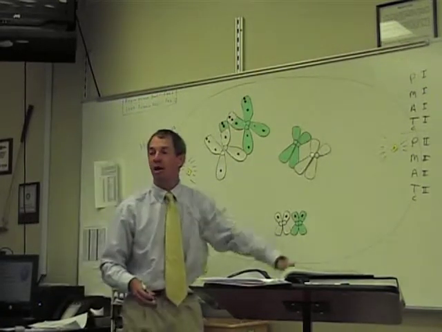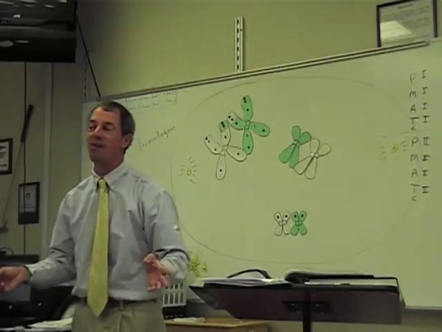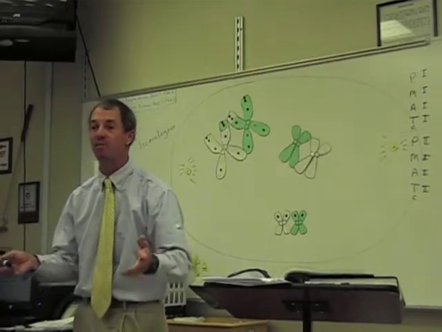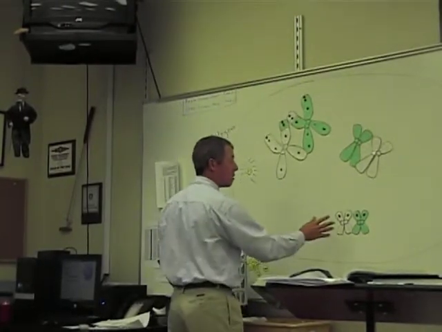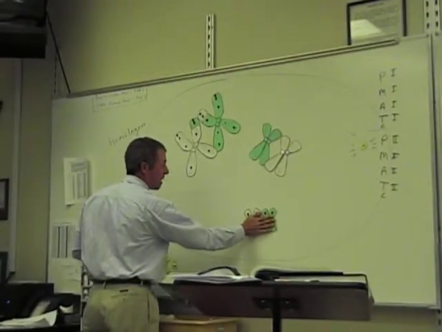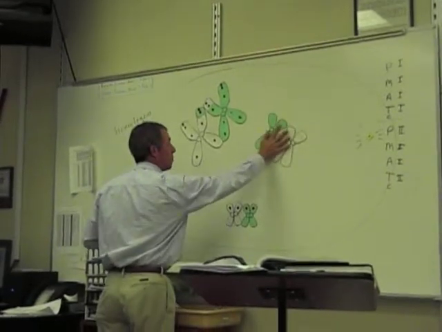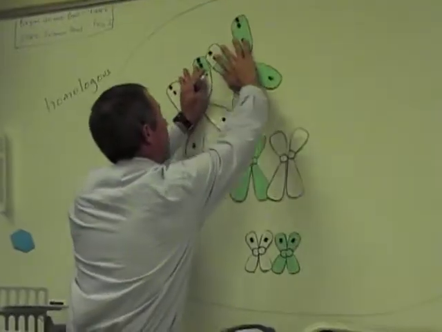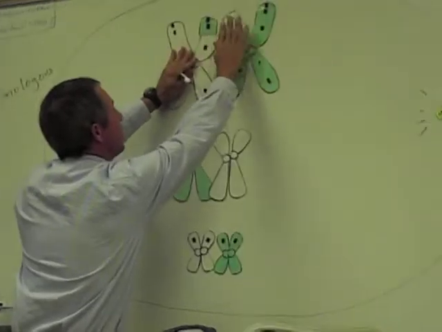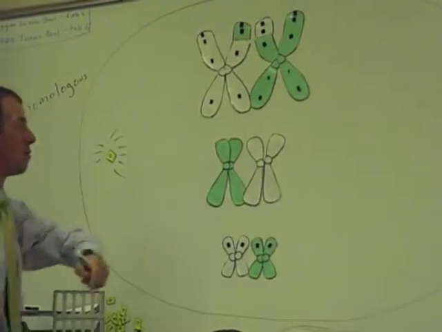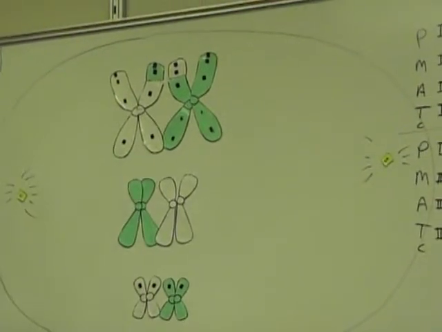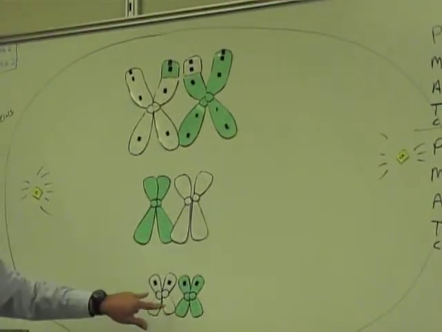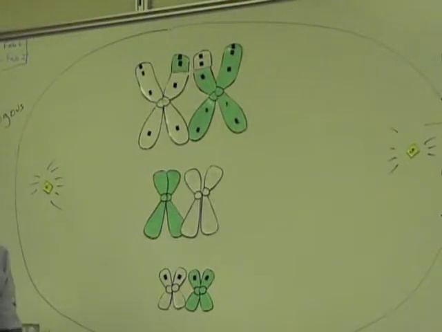Now, metaphase 1. What happened in metaphase of mitosis? Yes, Tom. They line up in the middle. Same thing happens here. They're moving on these spindle fibers and they line up in the middle. Only this time it's the pairs that are lined up in the middle, divided by pairs. And in anaphase